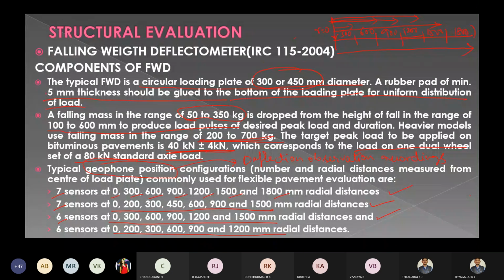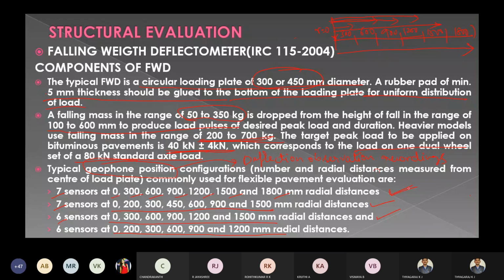For a higher model, the load will be around 200 to 700 kg, applied at a free fall of 100 to 600 mm, and the radial distances of the sensors or geophones will be 0, 300, 600, 900, 1200, 1500.